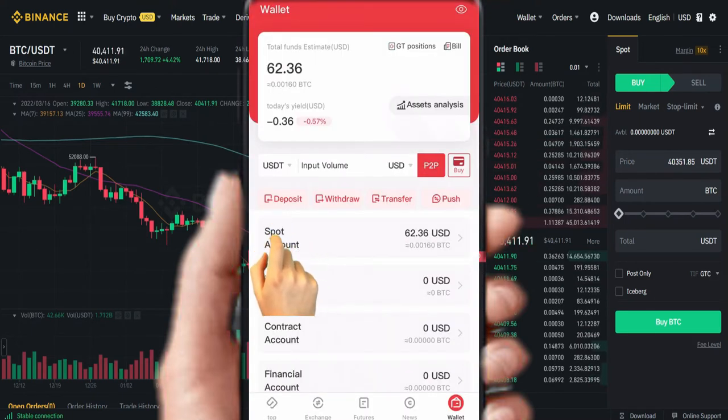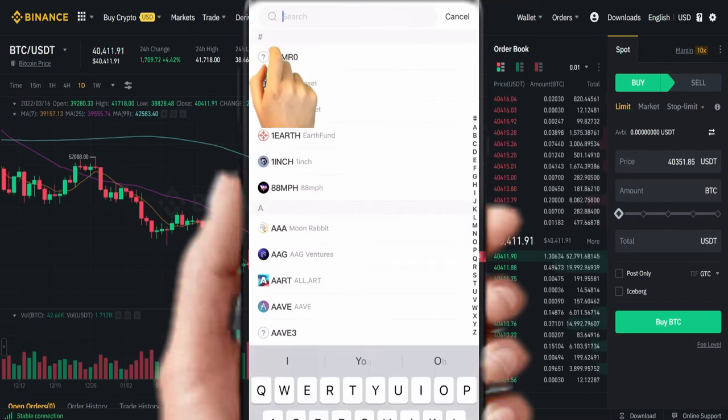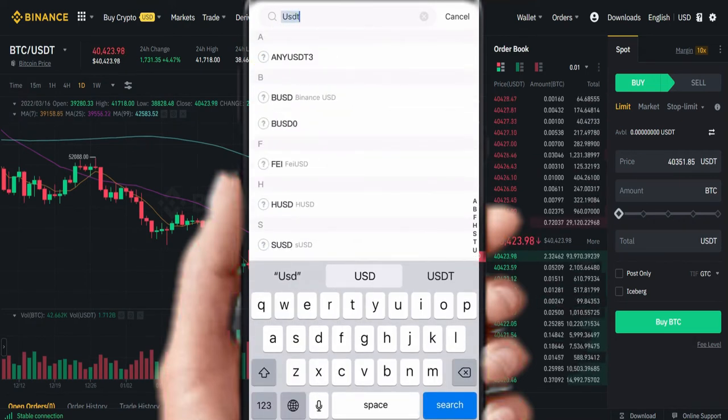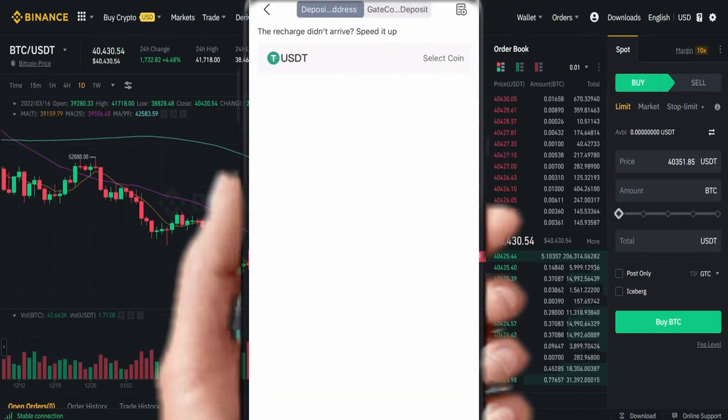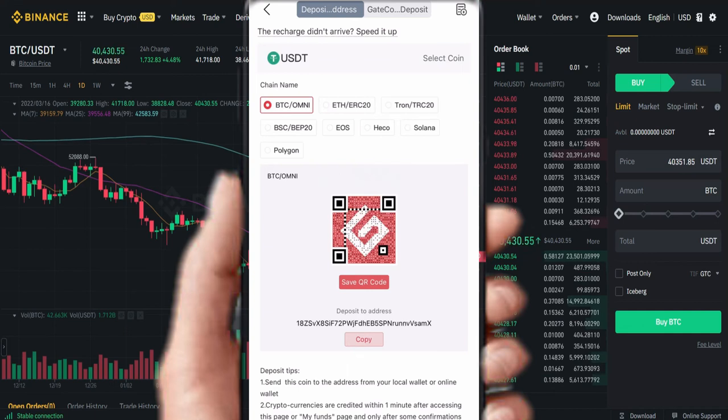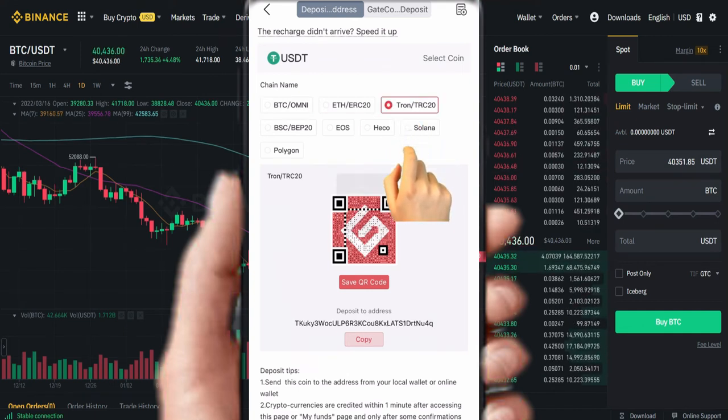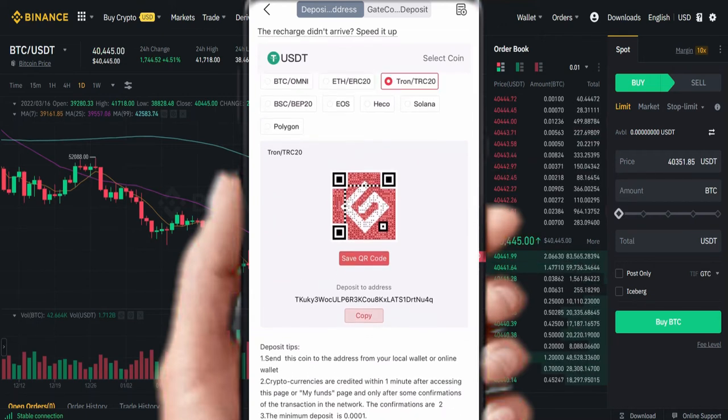Gate.io, click on deposit. Click on search, write USDT. Now USDT, if you want to send crypto through USDT, I will advise you to use TRC20, which is this. TRC20 is cheaper. It will only charge you $1. But if you use any other network, some of these networks, they will charge you $20, $25. So always use TRC20. Once you click on TRC20, now click on copy,